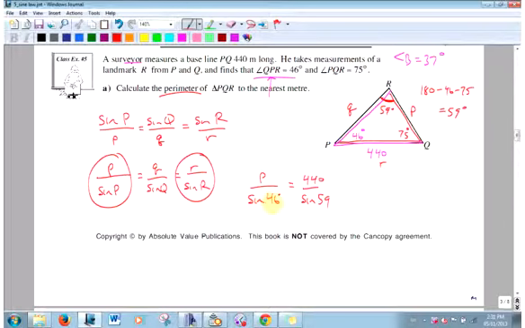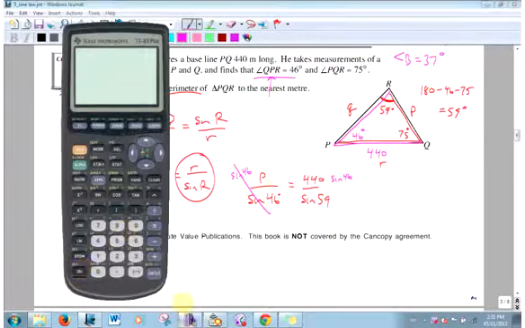How do I get rid of sine 46? Multiply it to both sides. Okay, so if you didn't have this on the top, you would have to cross multiply and then divide it by something. You have 2 steps instead of 1 step, right? Okay, so P is